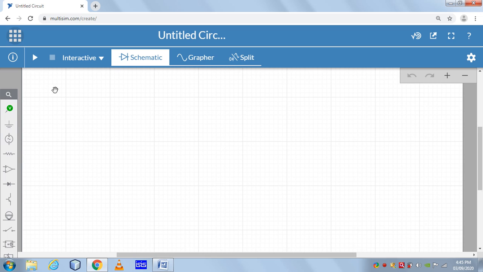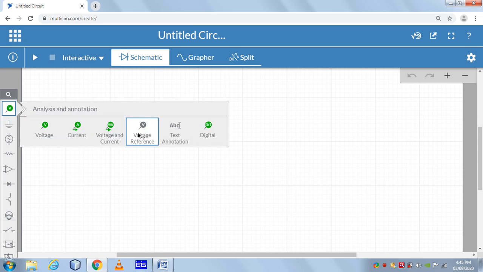Here in the left side tab column, you see the sources available. If you hold and click here, it will show what things are available: voltage and current, voltage reference, text annotations, and digital measures of current and voltage. Some additional features are also available, but because it is my free account, they are not visible here.